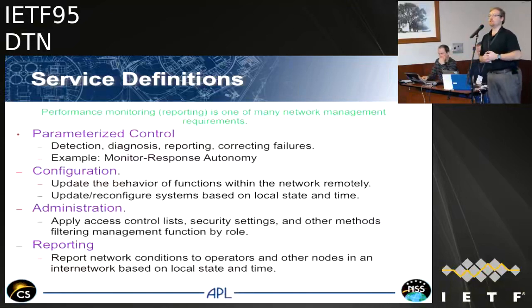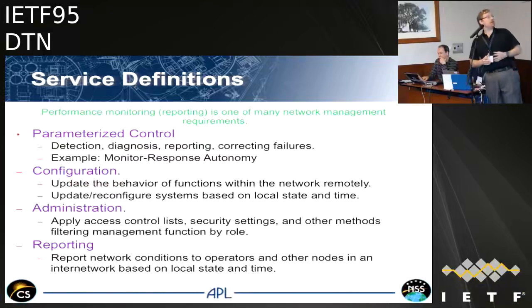So one of the things that we presuppose in a DTN is that round-trip communication and pull and closed-loop control cannot be accommodated in the network. So when we talk about a network management protocol and a network management set of requirements, the agent itself has to be able to do parameterized control of itself in times when you cannot reach back or have connectivity to a manager.